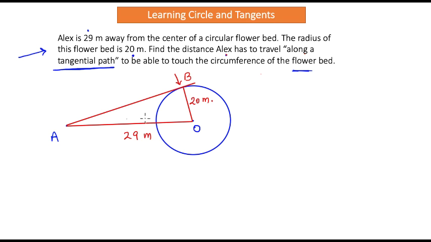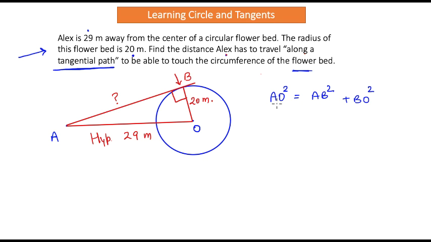Okay, so what you have with this arrangement is a triangle with a 90-degree angle here, because we learned that this tangent, which is AB, makes an angle of 90 degrees with respect to the radius of a circle, right? We need to find this distance AB. So in this right angle triangle, what exactly do you notice? You notice that we already know the hypotenuse here, which is the distance AO, right? So you can say very easily the hypotenuse square is equal to the square of the line segment AB, which is perpendicular to the line segment BO, right? So these are the two squares we have.